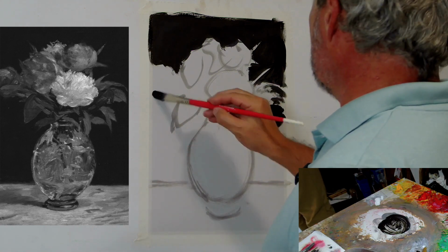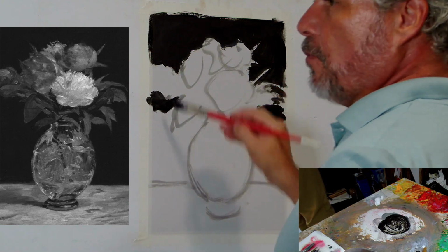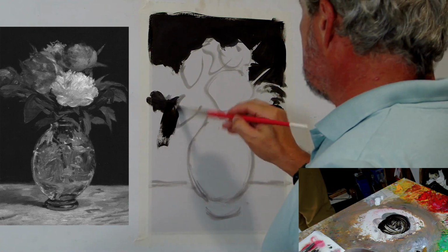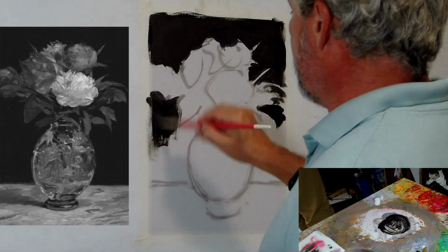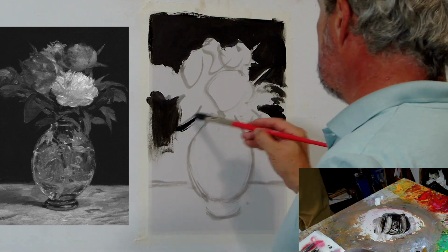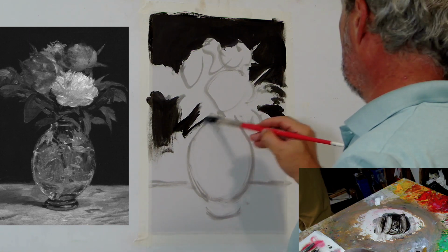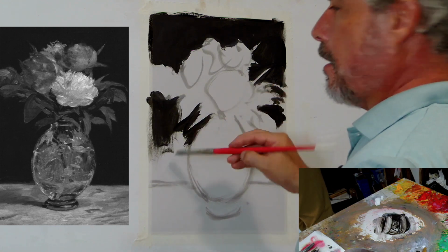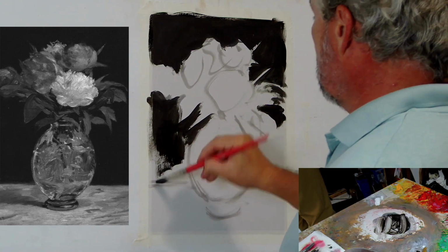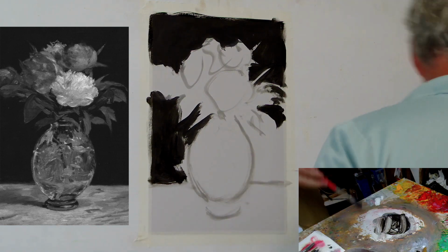So right now I'm working with what we call the negative space. So that means I'm not looking at what I'm painting, I'm looking really at that surface that I'm painting and trying to understand what shape it is, instead of trying to paint the vase on top of the background. The background is actually as important as the vase,